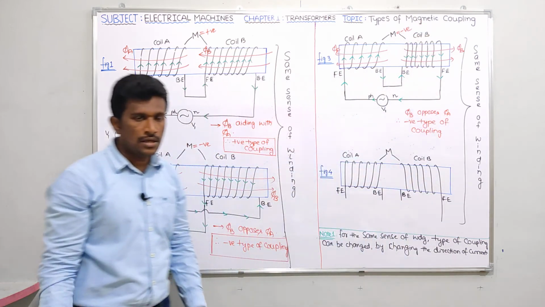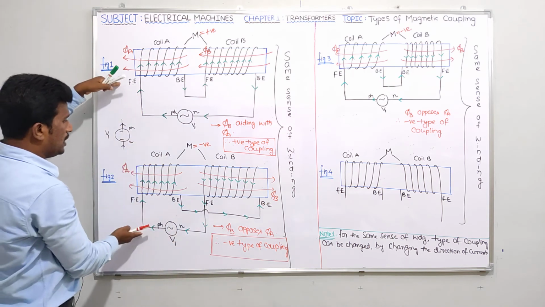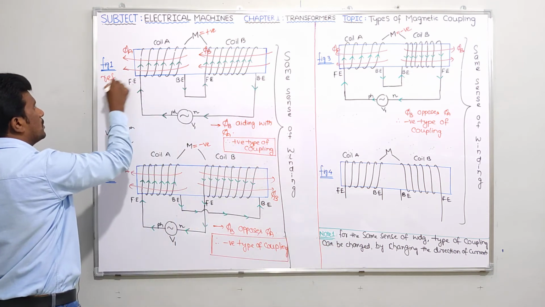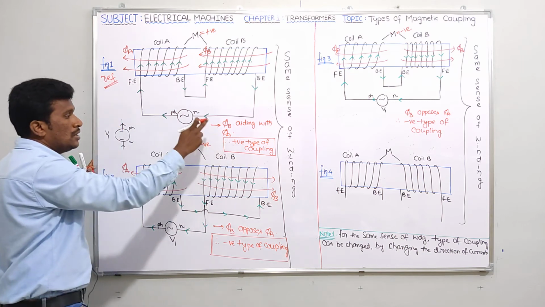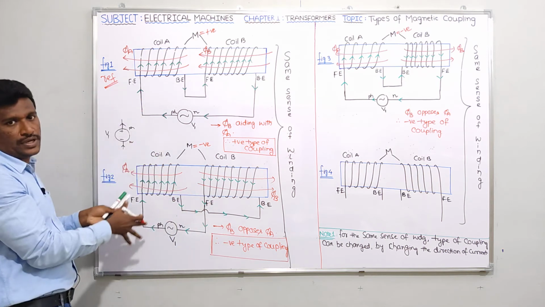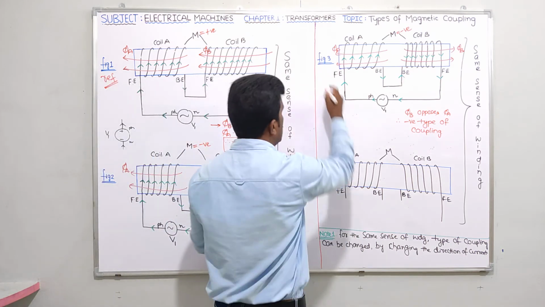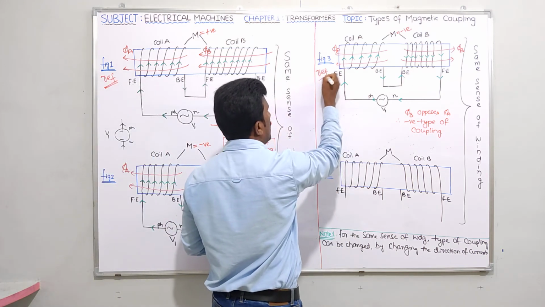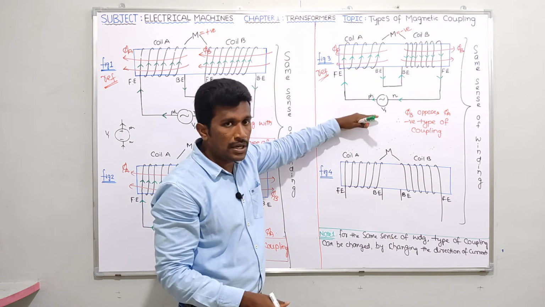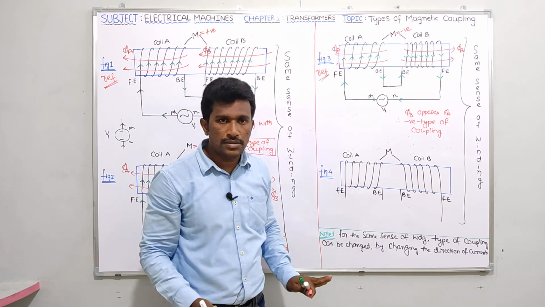Negative. Okay guys, please try to see clearly. If I use these two figures for explaining this note, figure number 1 will be the reference for us, nothing but positive coupling. So positive type of coupling is changed to negative coupling for the same sense of winding. Suppose if I use these two figures, figure number 3 is the reference for us, nothing but negative type of coupling. So from a negative type of coupling, it should be changed to positive type of coupling, for the same sense of winding. So that is the only thing, right?